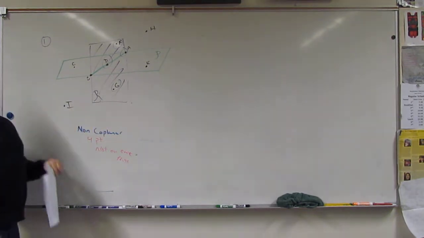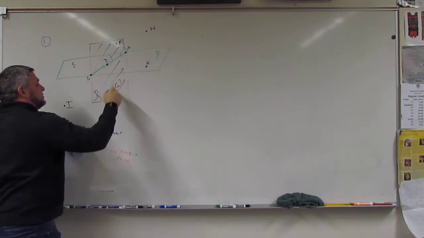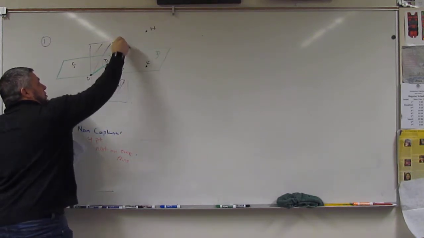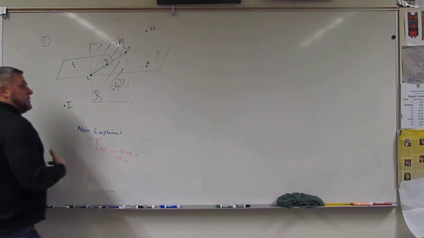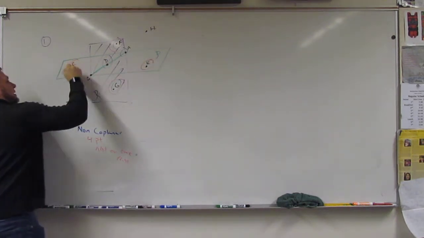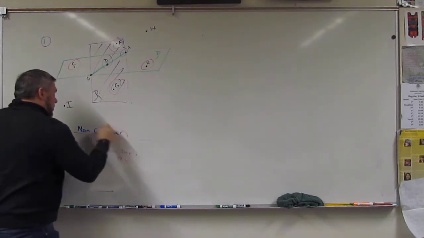So those 4 points would be 2 points on a plane. Okay, so you could choose G and you could choose F. Then you could need to choose 2 points on a different plane. So you could choose E and C. And that would be the difference between non-coplanar,